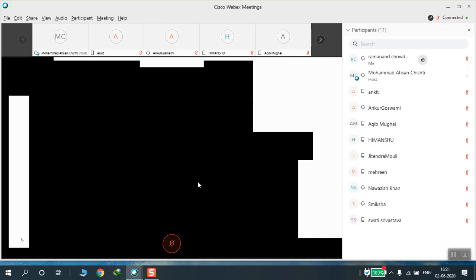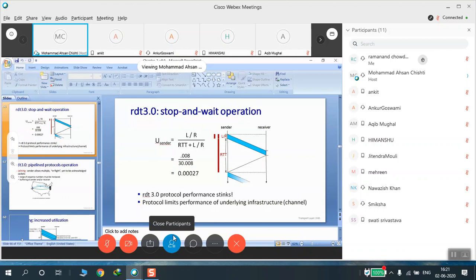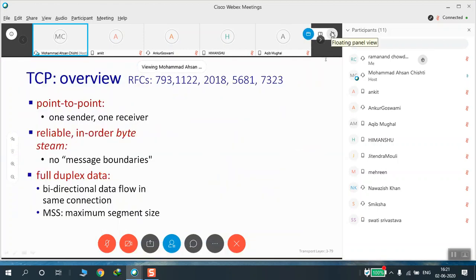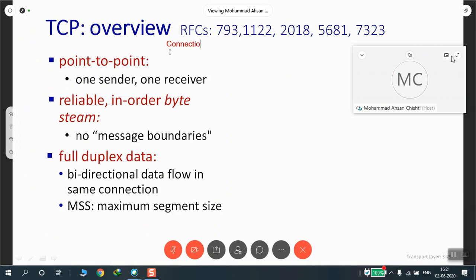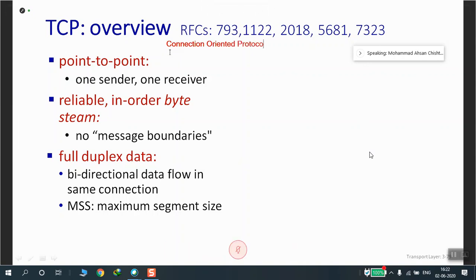Before I actually move on to these protocols, let us have an overview of the next thing, that is TCP, Transmission Control Protocol. This is what we call a connection-oriented transport layer protocol.